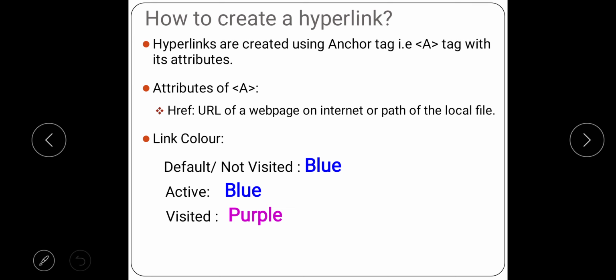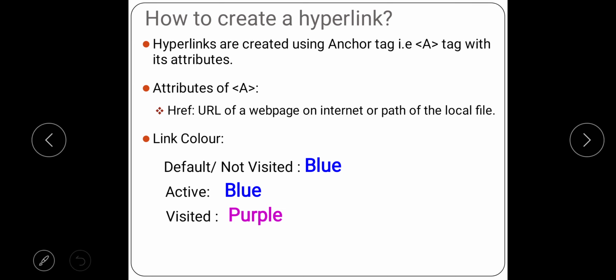So if you simply use the A tag, see this A tag is a container tag, means it will have an opening tag and a closing tag. So if in your code you simply open the tag, write some text in between and close the A tag, your hyperlink won't work. Why? Because what is a hyperlink? What is its work? Its work is that when it is clicked, it has to go somewhere. So that somewhere, path or name, is to be mentioned in this href attribute, right? So this is the only one and very important attribute you have to use.